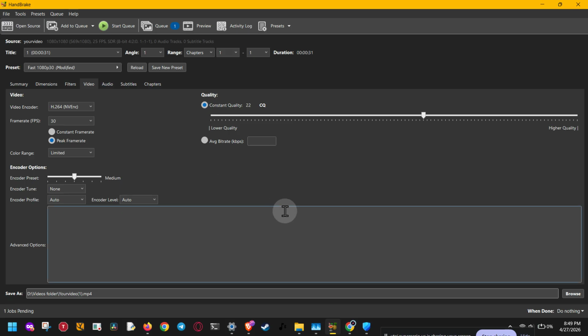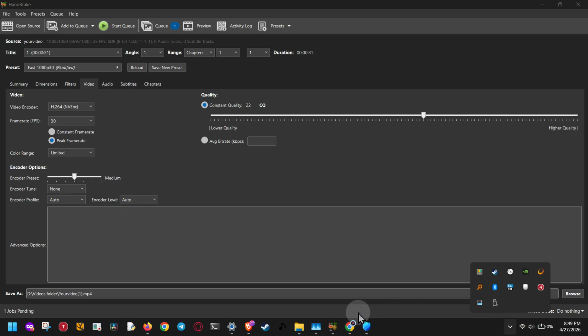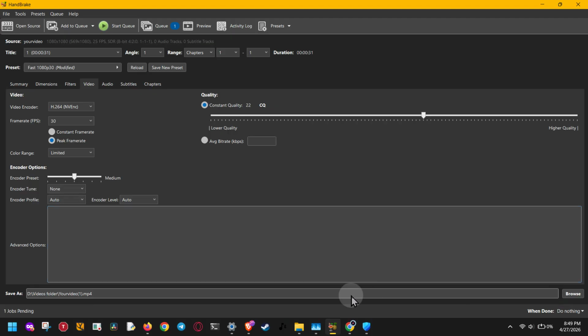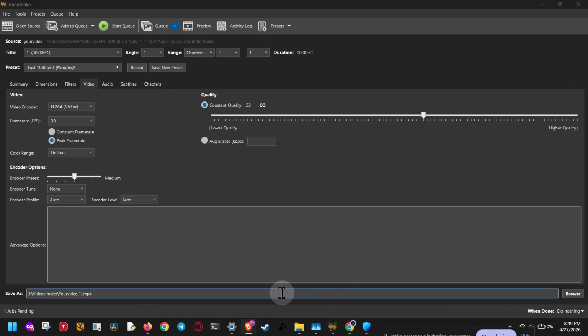Don't just close the window, make sure the program fully exits and then open it again so the change actually takes effect. A lot of users skip this step, but the restart is what commits the setting and makes it active. If HandBrake is still failing to read the disk, the next thing to do is add the required DLL